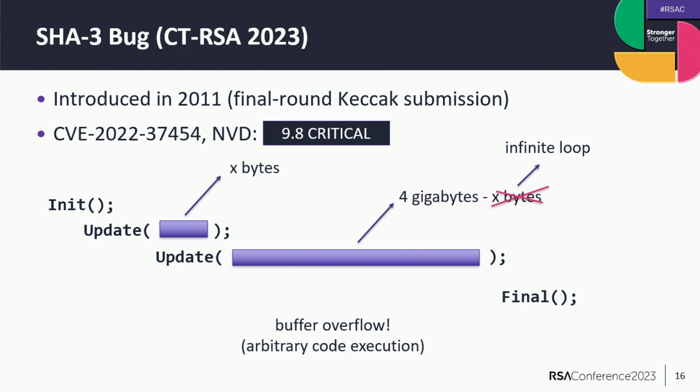I also have to mention here that, like the previous one had an infinite loop, here there is actually also a specific input that gives an infinite loop. And it's when you do x bytes and then 4 gigabytes, not without this minus x, but a full 4 gigabyte call to update. So it is important that you're doing one call to update first, because if you don't do this first call, then for any input of any size, the hash will be computed correctly. So it has to be this sequence of 2 different calls that you need to do to trigger the vulnerability.